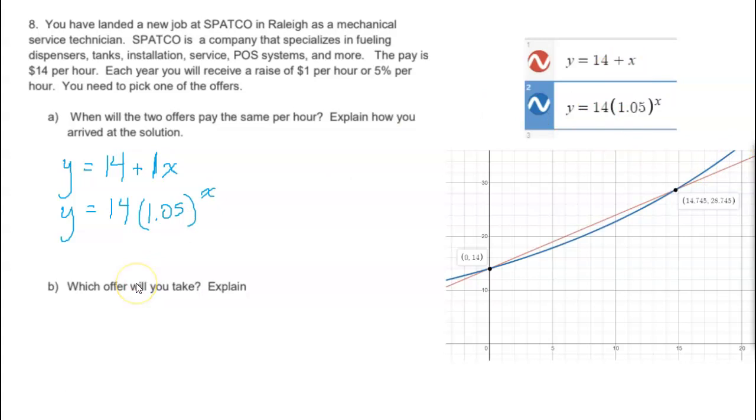So the big question when you're trying to make a decision about that is, how long do you actually plan to stay at that job? If this is a job you plan to retire from, it might make more sense to make a little less money at the beginning to make a lot more money at the end, especially because your retirement pay is dependent upon what you made that last year you worked. However, the average rate for people to stay at a job nowadays is 3 to 4 years. So if you're only going to be working there for 3 or 4 years, you might as well make the most money you can while you're there. So there's a lot of things to think about, but being able to model and look at the situation helps you to make a more informed